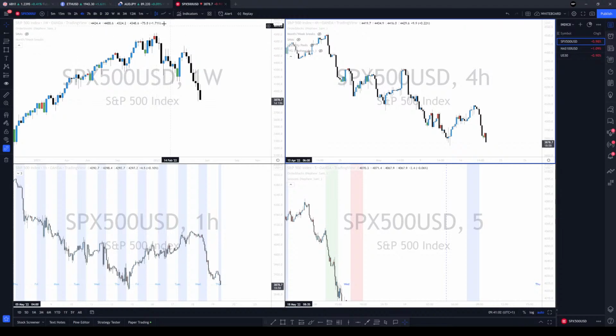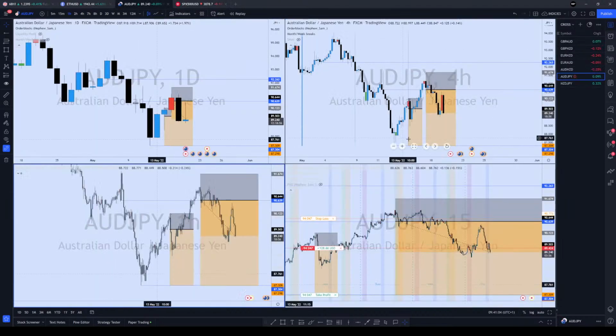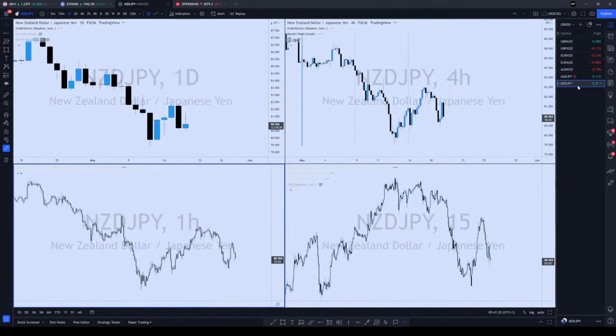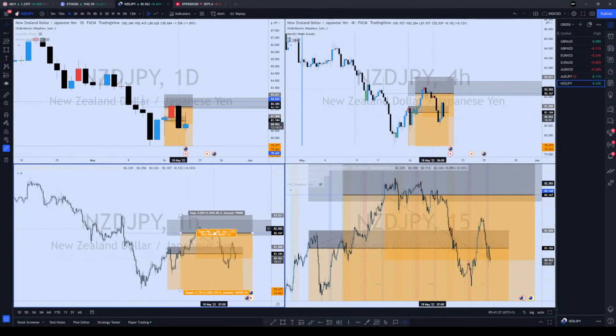Like this trade here, okay, once the high of the week was formed, that was it, right? You don't have to worry that price is gonna go up again, right? It's just free fall. Okay, same thing with the New Zealand. Once price formed the high of the week, it's just free fall. The downside to this is